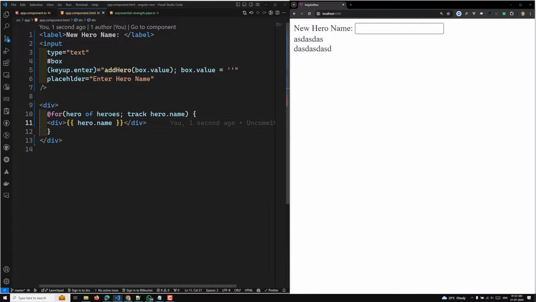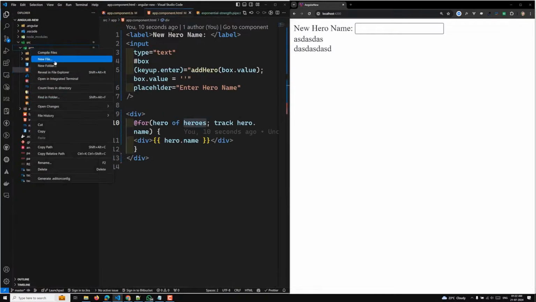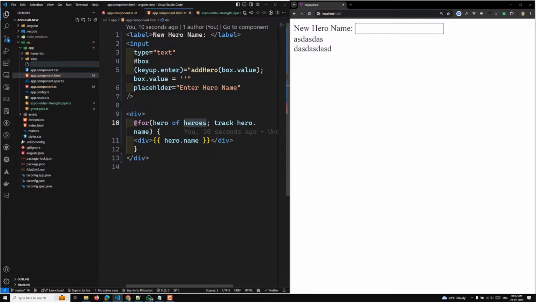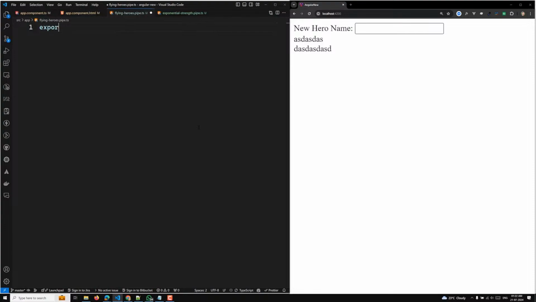Fine. Now I want to show only the heroes who can fly. For that, I will create a new pipe. Here I will create a new file, that is flying-heroes.pipe.ts. Now here I will have export class FlyingHeroesPipe implements